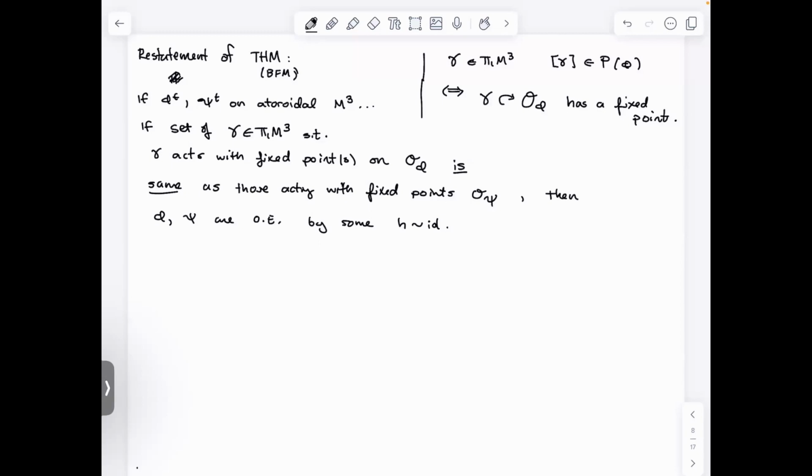Okay, so I'm going to only give you the tiniest hint of why this might be true in the end. So what we need to do, prove it, restating what I just said, is, given some kind of set of elements acting with fixed points on a plane with two transverse foliations,